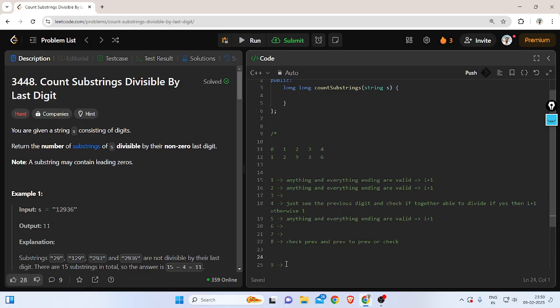So if something like 48, we don't have a third digit, but still we can have at least two, right? So check just previous and see together if we are able to